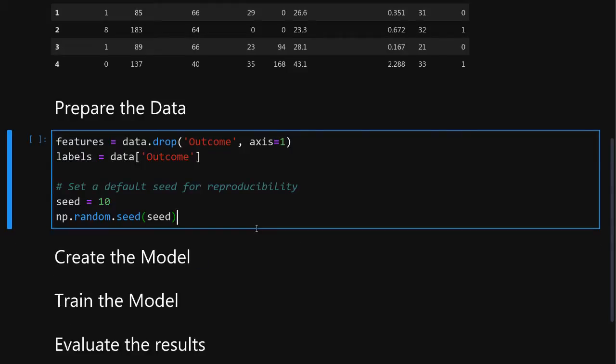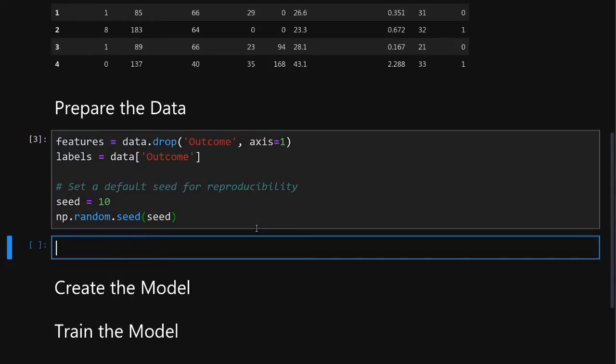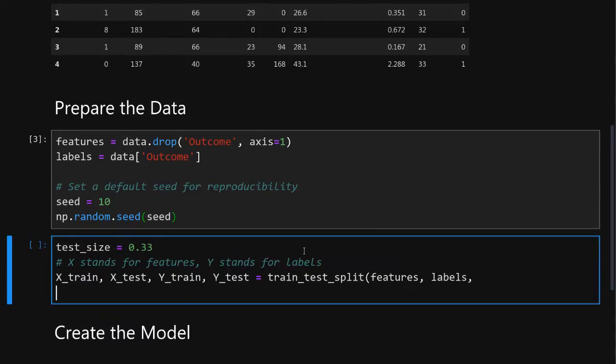Excellent. So these are what our variables defined. And finally, we want to split data into a training and test set. Training set will be used to train our model, and test set will be used to evaluate it, to see how well it performs. So first we will set a test size to 33%, and then we will use the standard way to split train and test data using